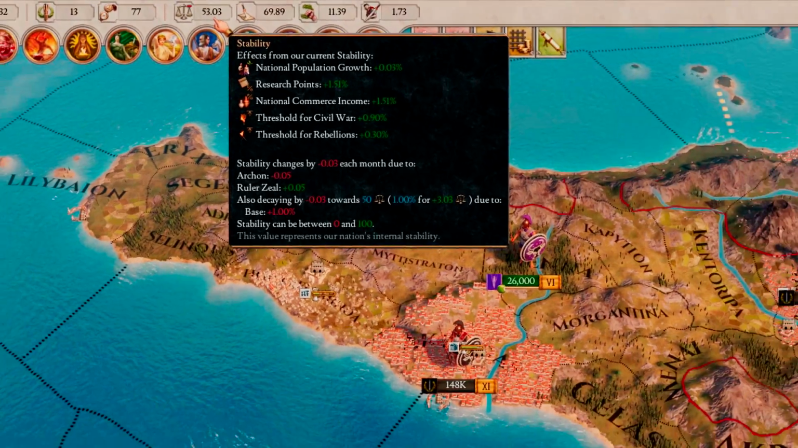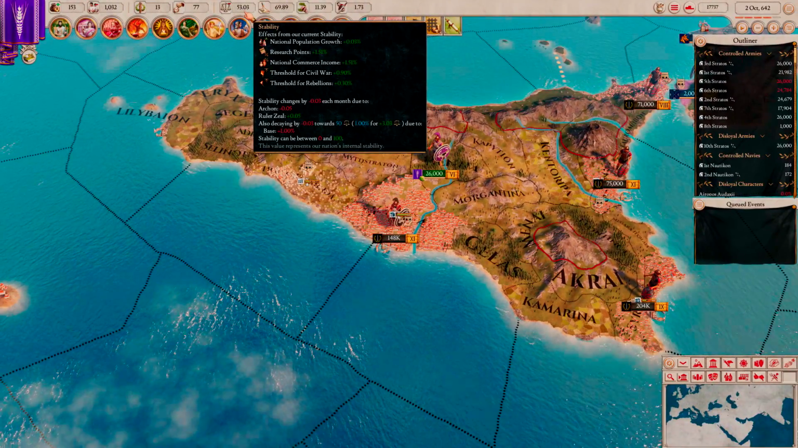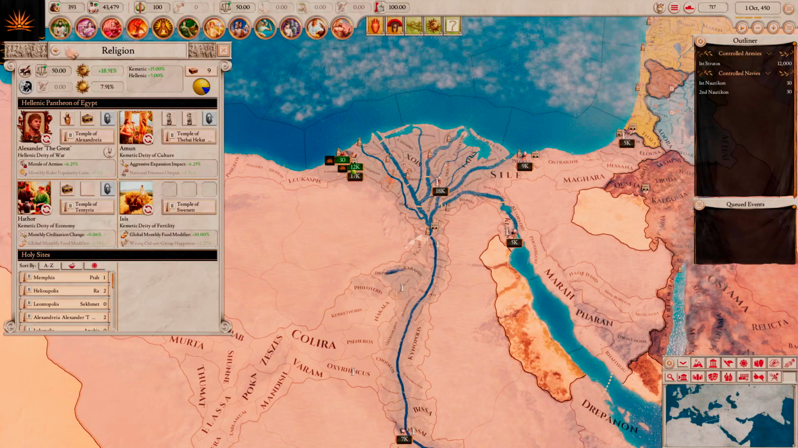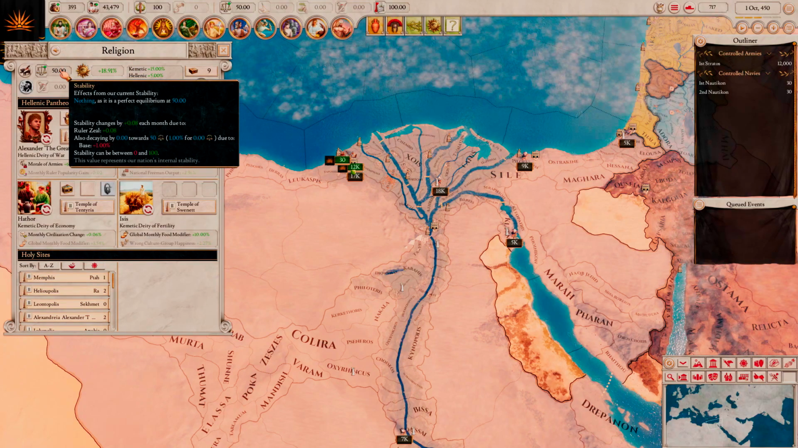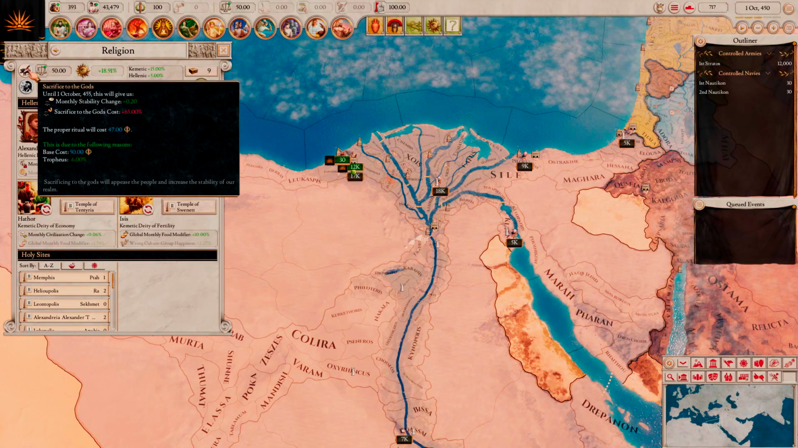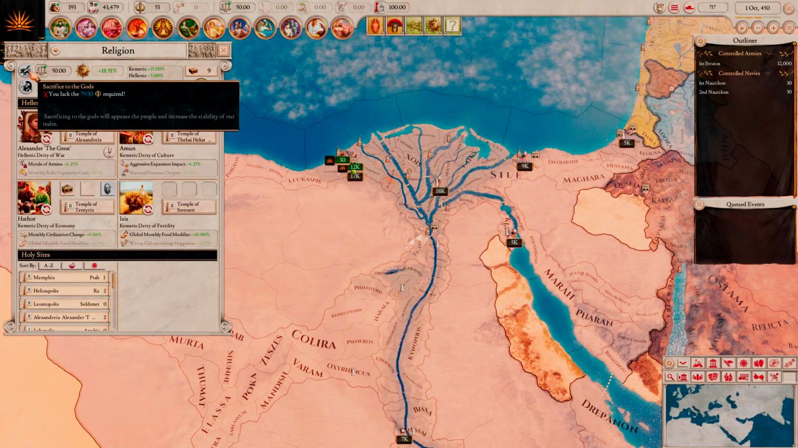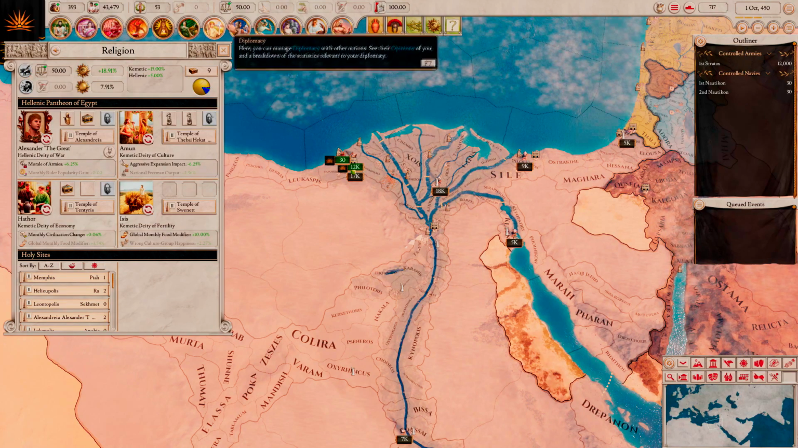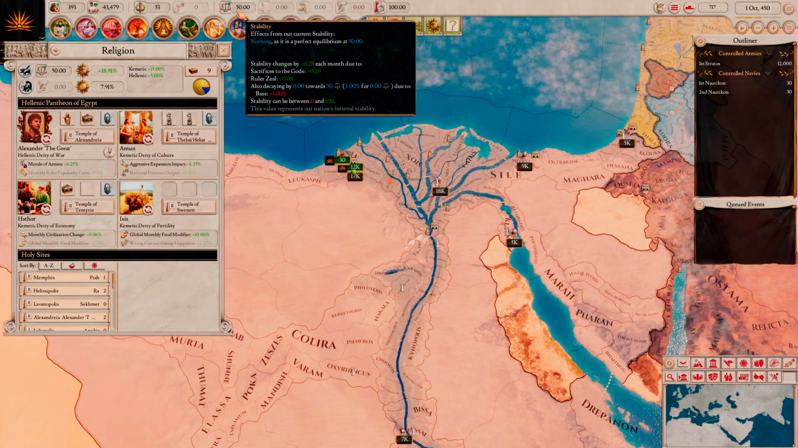To increase stability manually, you can offer religious sacrifices by clicking on this resource to open the religion interface. Here, there is an option at the top left to conduct a religious sacrifice and gain monthly stability at the cost of political influence. The next indicator we will cover is aggressive expansion, and is the next resource to the